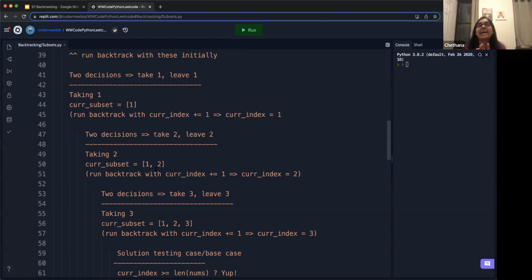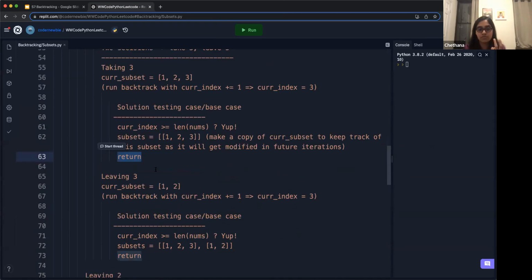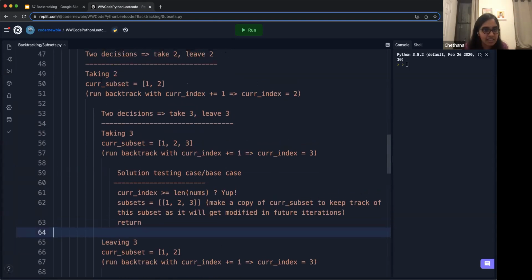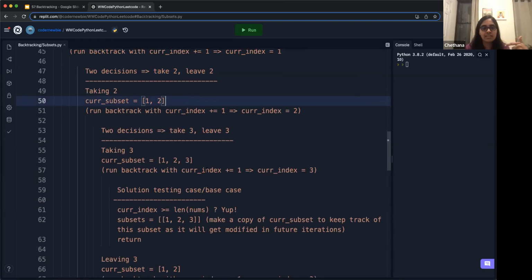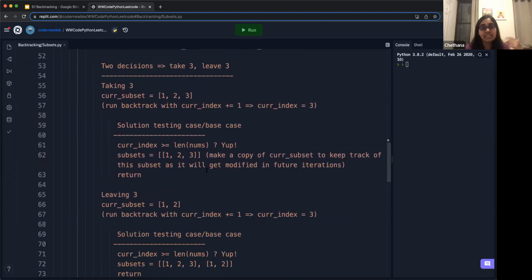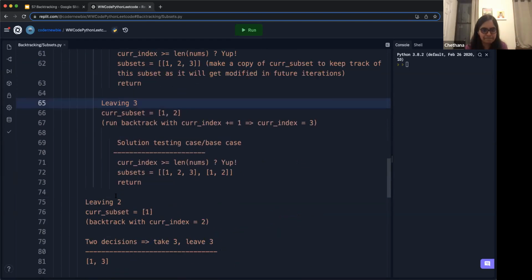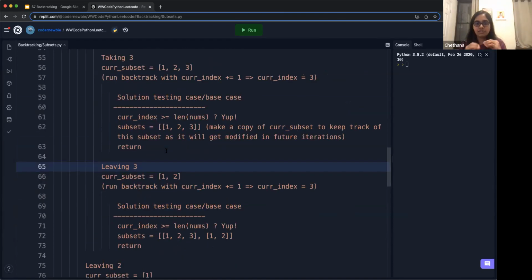Now we have to unpack leaving 3, just for this taking 2 kind of situation. Yeah, so the taking 2 decision, right? For this, you have to simulate the same thing for leaving 3. We did taking 3, and we're going to do leaving 3. So if you're going to leave 3, then you're going to pop that out from your